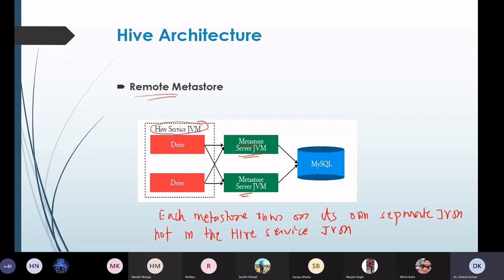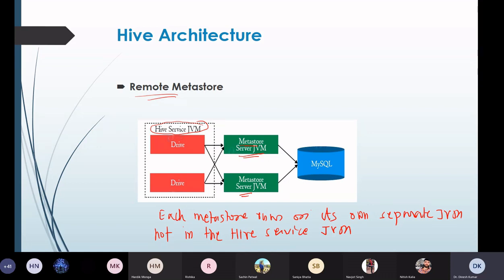And there is also better manageability and security of the database, because the client does not need to share the database credentials with each and every Hive user to access the Metastore data. Because they are separated and stored on different servers, they can access those Metastores with their own credentials.